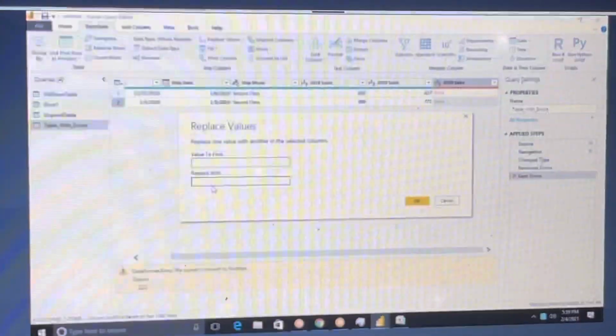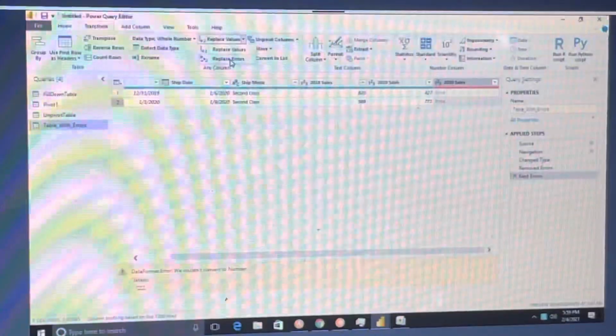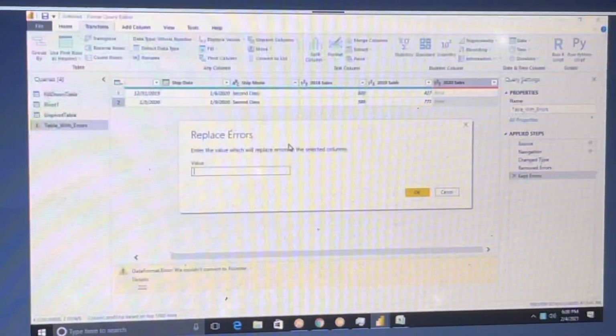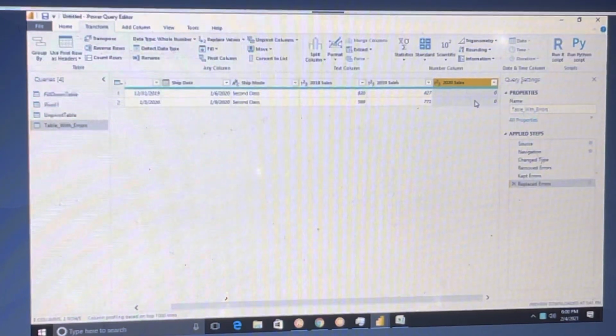Go to the transform menu bar and there is replace values. Click on replace values, then replace errors. Click on replace errors. With what? 0. Just click on 0, right? Now it is converted to 0.